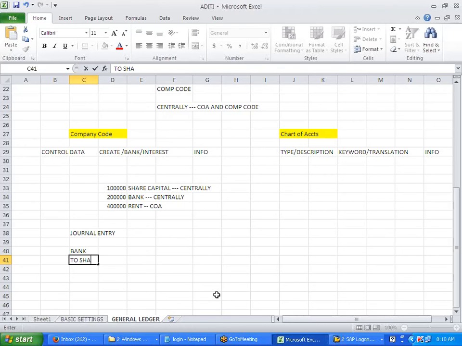Through share capital. So this is debit, this is credit, right? In SAP, debit and credit are identified by a posting key, 40 and 50 by default. These are posting keys.